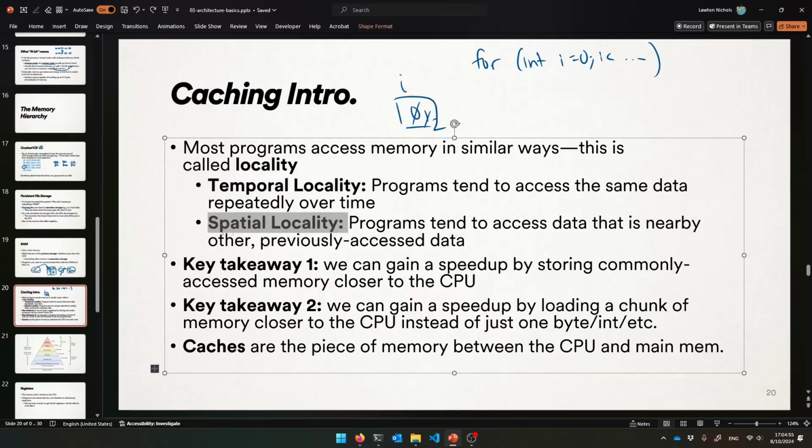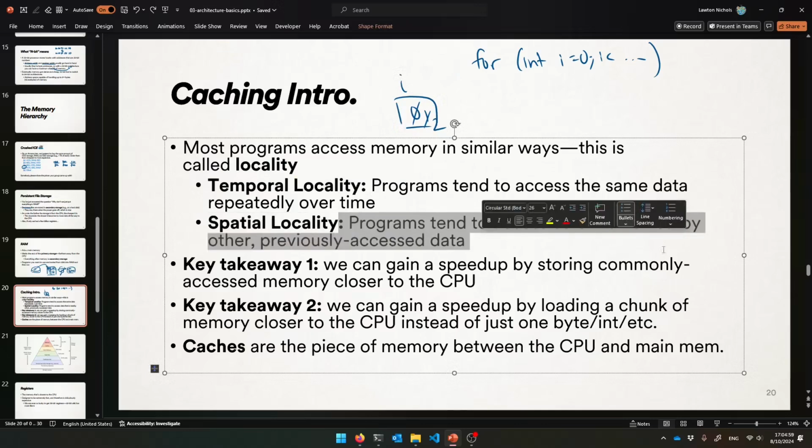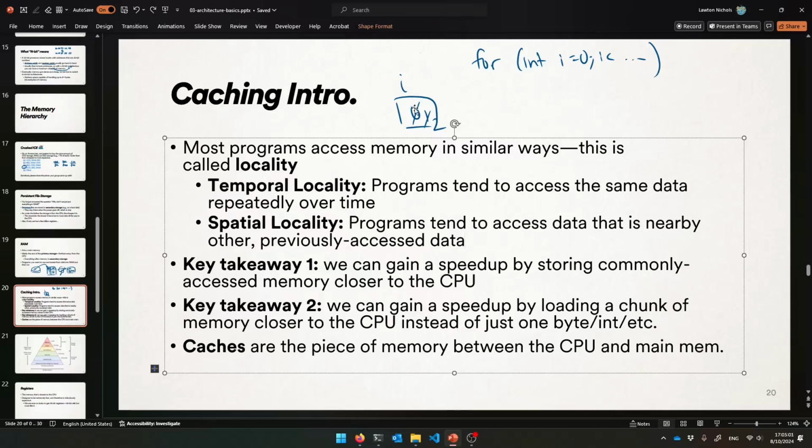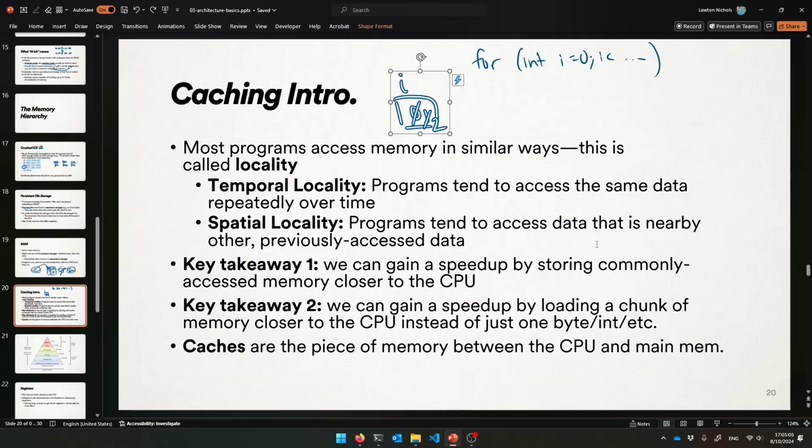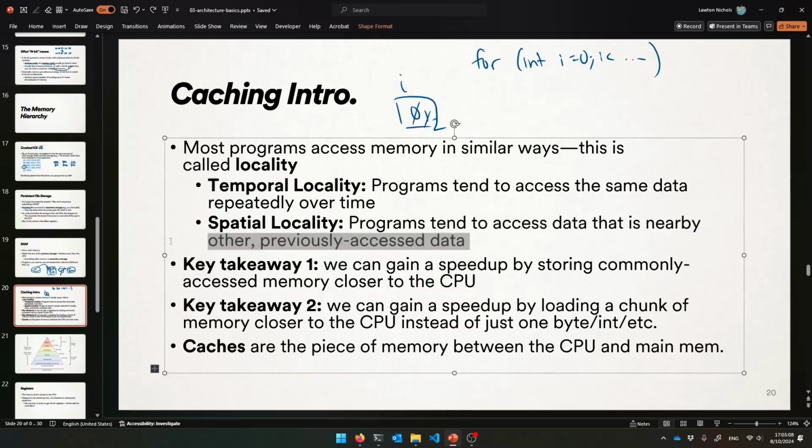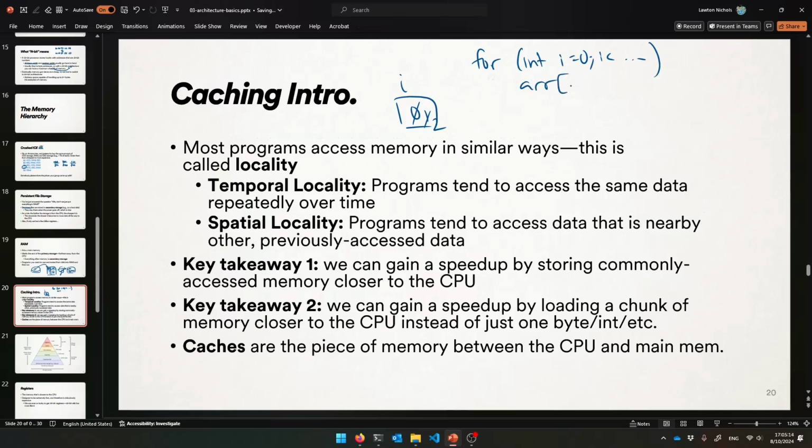And then let's also take advantage of something called spatial locality. This is when you have a program and it's not coming back to the same variable, the same place in memory per se, but it's coming close. It's accessing something very close to that thing you just accessed. And that's a very common thing to do. For example, in this loop that we know we have a million of in all of our programs, how about we read from the indices of an array, going bigger and bigger. So you see how we're never coming back to r[0], but